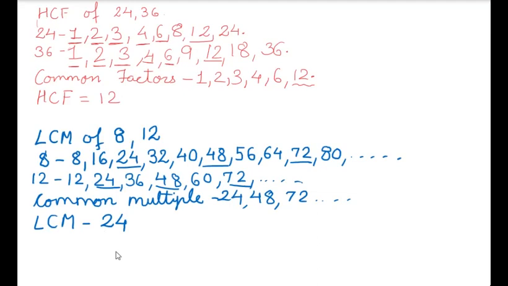For example, as I taught you, take a composite number 24. It comes in which table? 4 times 6. 4 we write as 2 into 2, and 6 as 2 into 3. All multiplied, these are prime numbers, no? So these are called the prime factors of 24. Now we are going to learn the prime factor method to find the HCF. I will teach you. So this was just the revision.